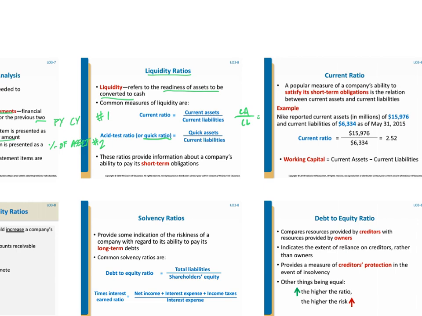The acid test or quick ratio is just a more conservative approach to calculating the current ratio. So we'll note right now that it's more conservative, and I'll show you the calculation here in a minute. But basically what we are doing is only including in the numerator certain types of current assets. We don't include all current assets, but certain types of current assets that are more quickly able to be turned into cash or perhaps already are cash, thereby giving us a more conservative approach to whether or not we truly have assets that can be used up in the year to pay off the current liabilities that are coming due